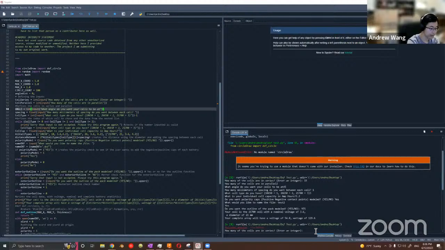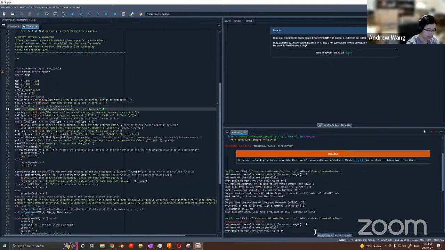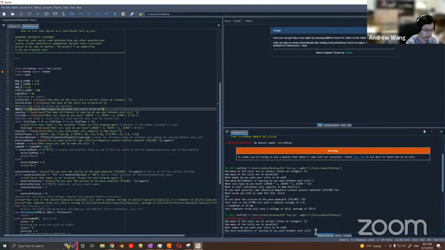Over here, so how many cells are in series? I'm going to give it 12. That way there's 48 volts in a pack, which is pretty standard for your normal electric bike, electric skateboard, electric scooter. How many cells are in parallel? This is the capacity of the cells, so let's give it 3. And what angle do you want your cells to be at? I'm going to give it an angle of 60 like we did before. And how many millimeters of spacing do you want between each cell? This is important as well because